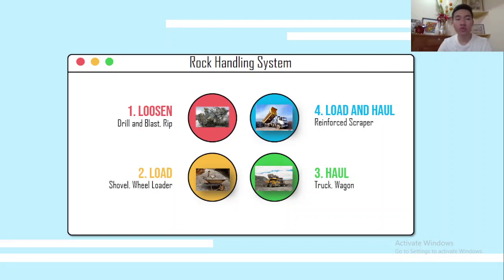We need to follow procedures such as drill, blast, or ripping. Second, after loosening a rock, we're going to load it using a shovel or wheel loader. The third procedure is, after loading it using a shovel or wheel loader, we will haul it using a truck or wagon. And lastly, another load and haul